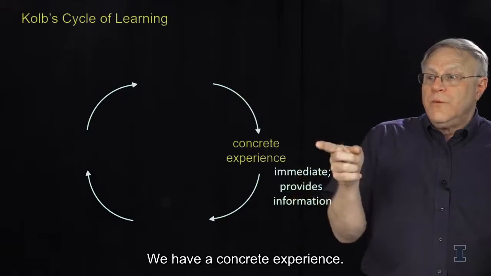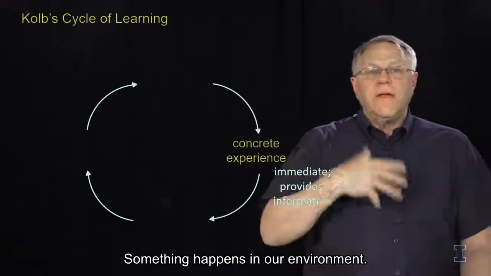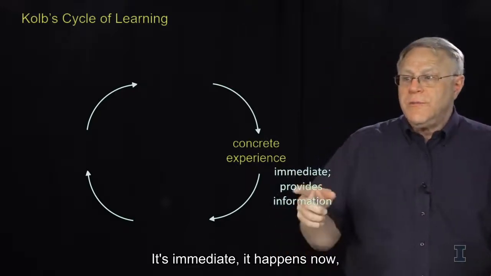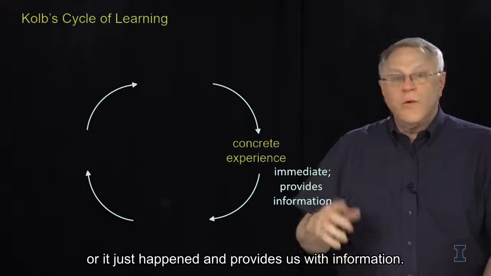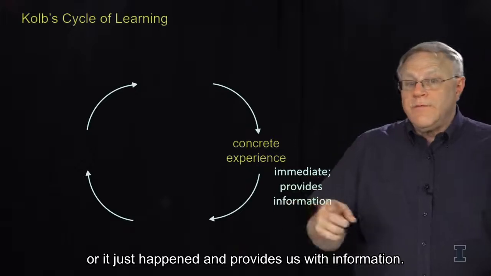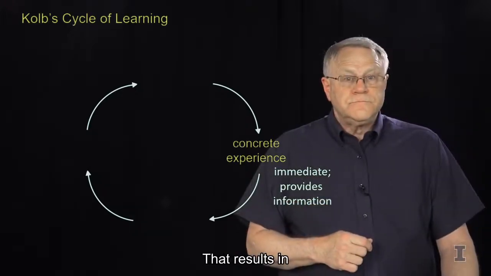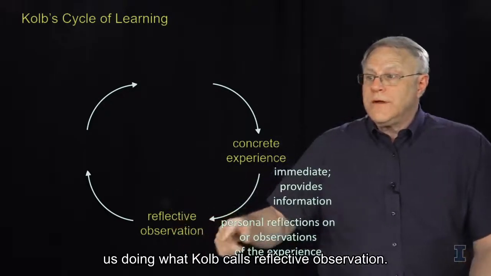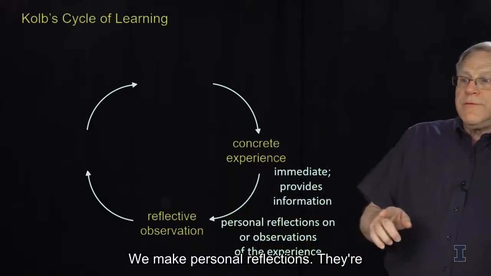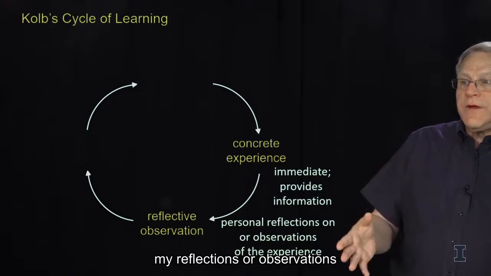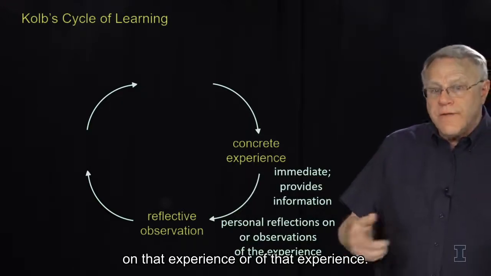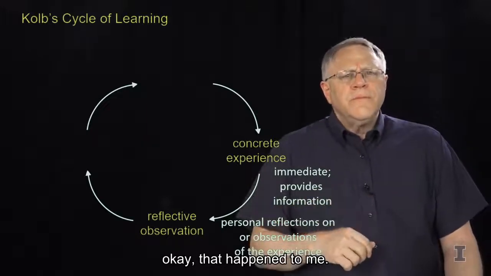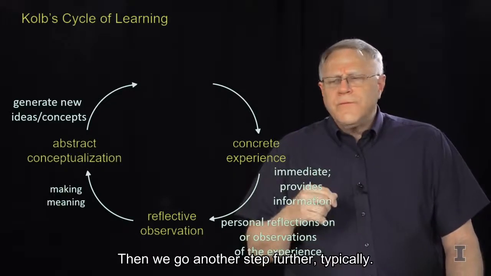Experiential learning. We have a concrete experience. Something happens in our environment. We have a concrete experience. It's immediate. It happens now, or it just happened, and provides us with information. That results in us doing what Kolb calls reflective observation. We make personal reflections. They're my reflections or observations on that experience. So we think about, oh, yeah, okay, that happened to me. But then we go another step further, typically,